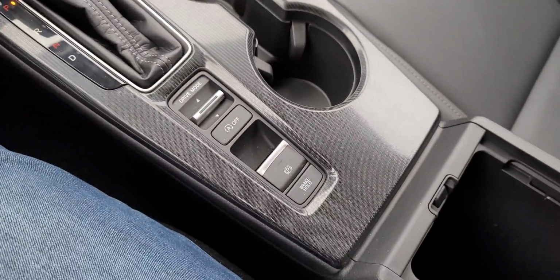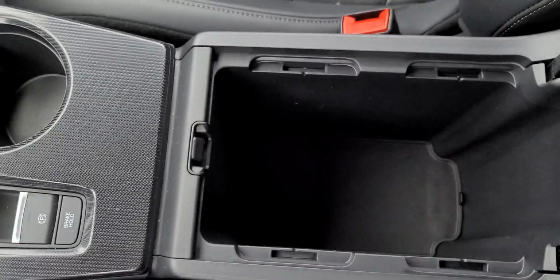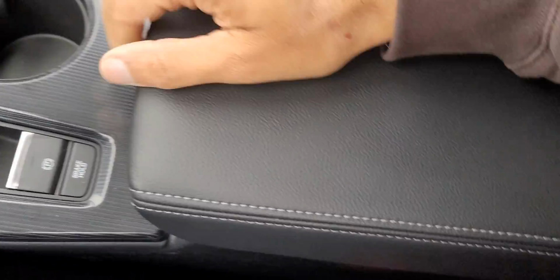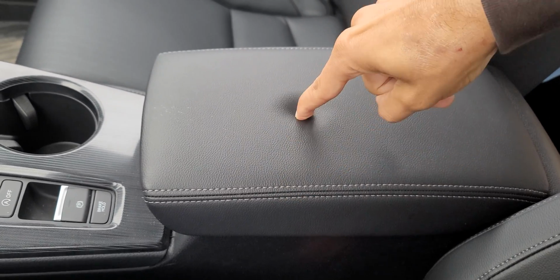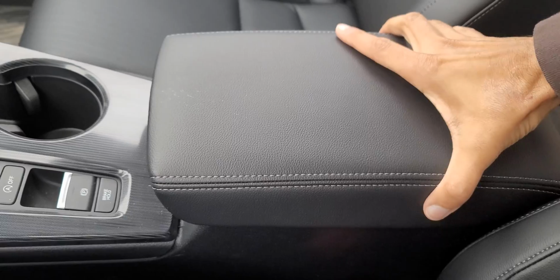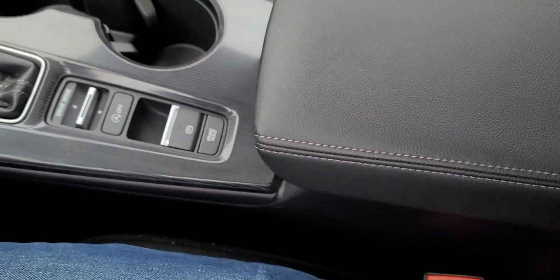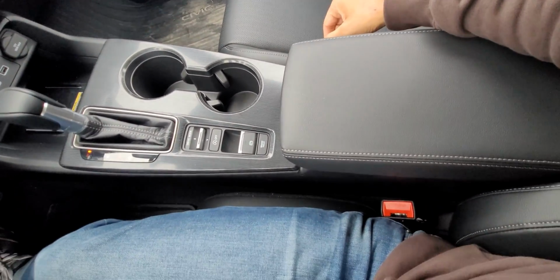When you move this boy up, you have a pretty large center console, pretty true to the previous generation as well. So lots of space, which is awesome especially for a smaller car. I think it's a good thing. Your center armrest, very nicely padded. Actually, it is pretty nicely padded, not gonna lie. The stitching looks great as well. And this used to be able to move forward and back, but right now I think it's a pretty good length. It already comes up pretty far ahead here, and that's not a bad thing. So as you can see,